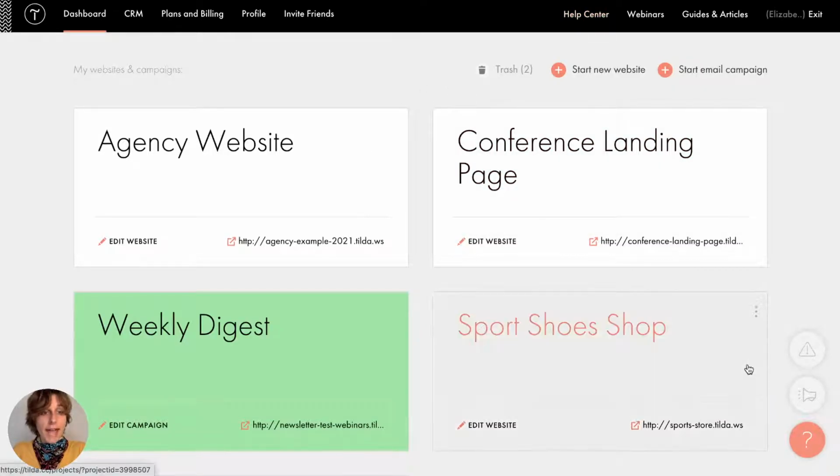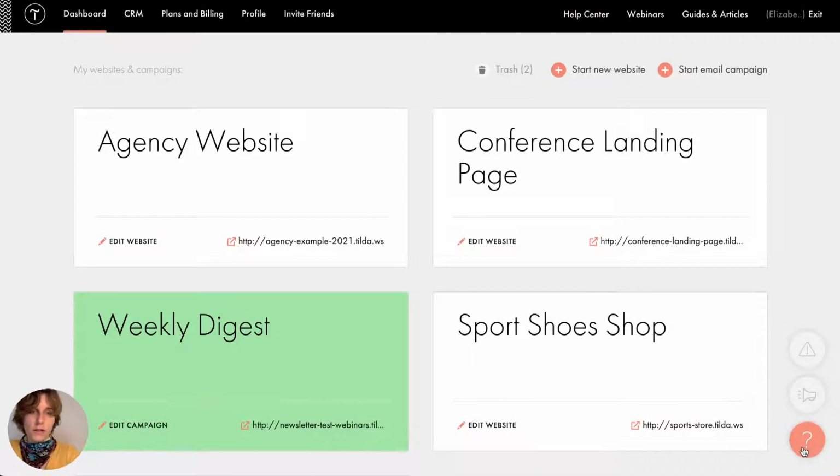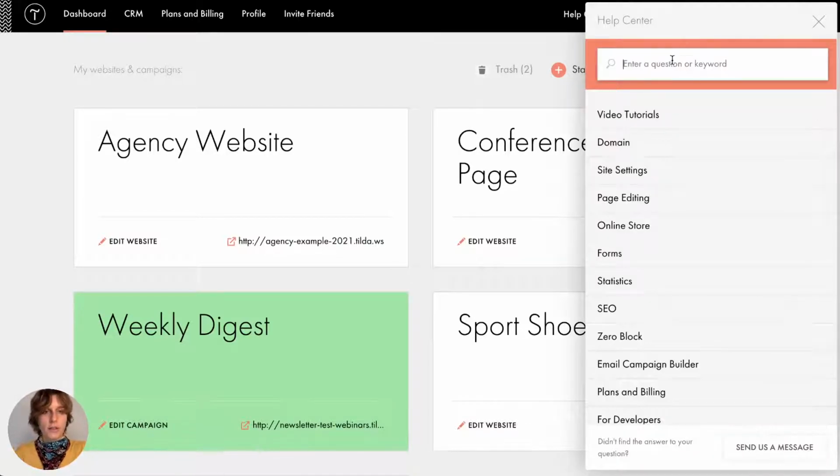So the Help Center is here, and over here in the bottom right corner, you have the widget, this nice orange round widget with the question mark. If you click on it, you are again inside of a help center, but organized in a widget like that. And this little orange circle will remain with you throughout all your experience on Tilda. So whether you're setting up your website settings or editing your page, there will always be this little thing on the right